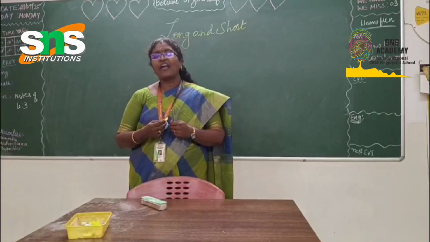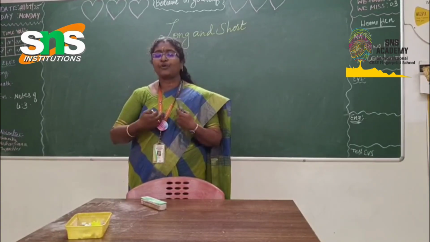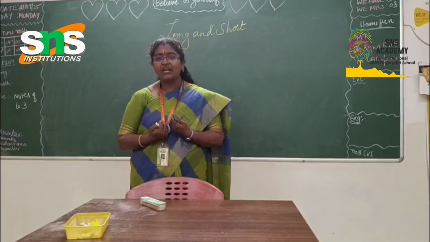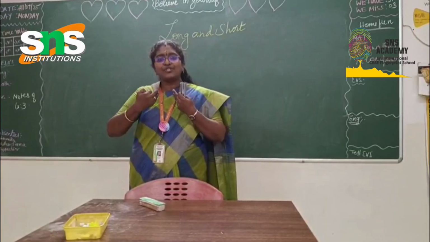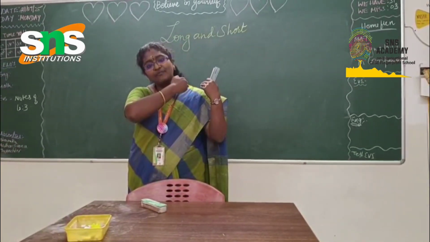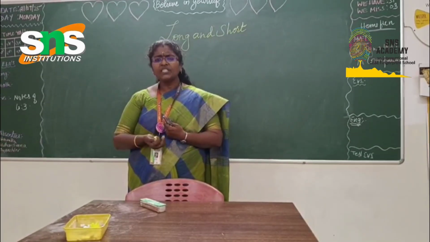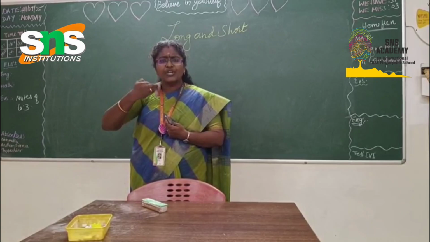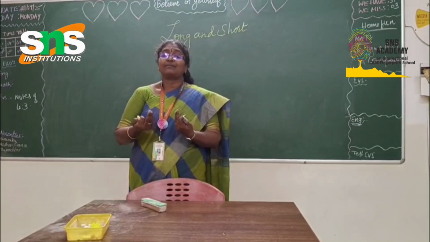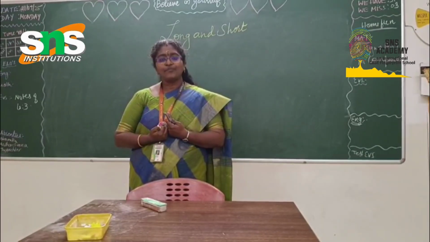So everything in this world has some measurement. Just look at yourself, you are wearing a beautiful uniform. How was it stitched? With the help of measurement. This measurement is most important in maths, right from the early days. In the olden days, they were counting money and exchanging goods, all with some measurements. They were using their body parts as measuring units.